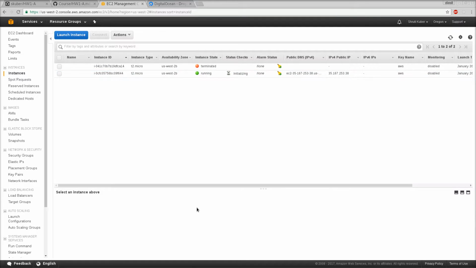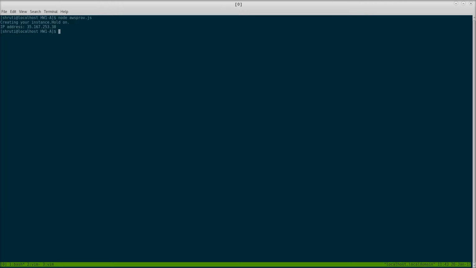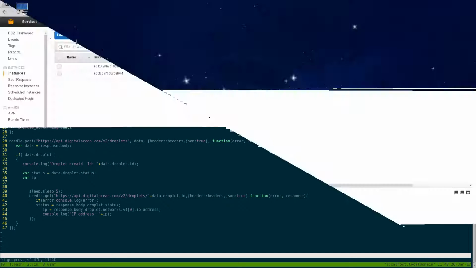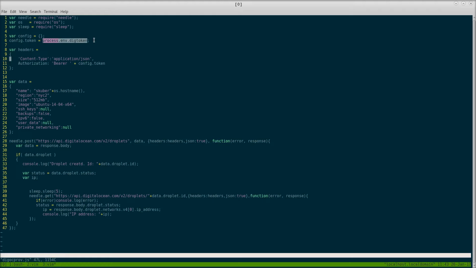Now we would move on to DigitalOcean. For DigitalOcean, what we require for the code to run is to set up an environment variable known as digtoken. This token contains the API token that is provided on your DigitalOcean account, which you can use to create a droplet on DigitalOcean. Now when we run this code,